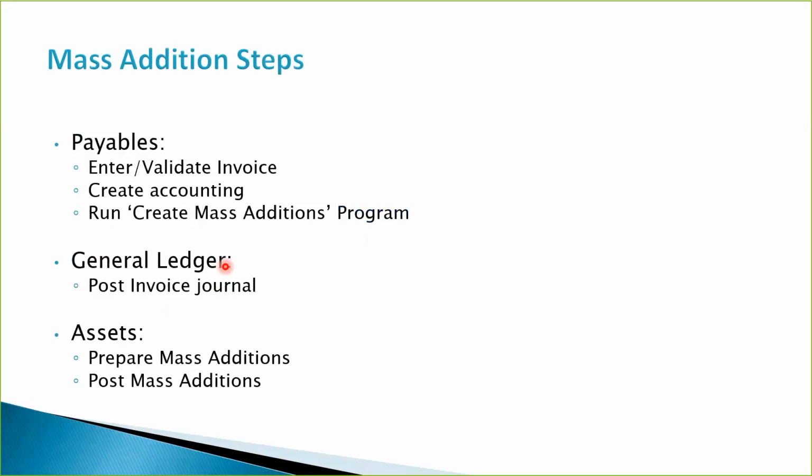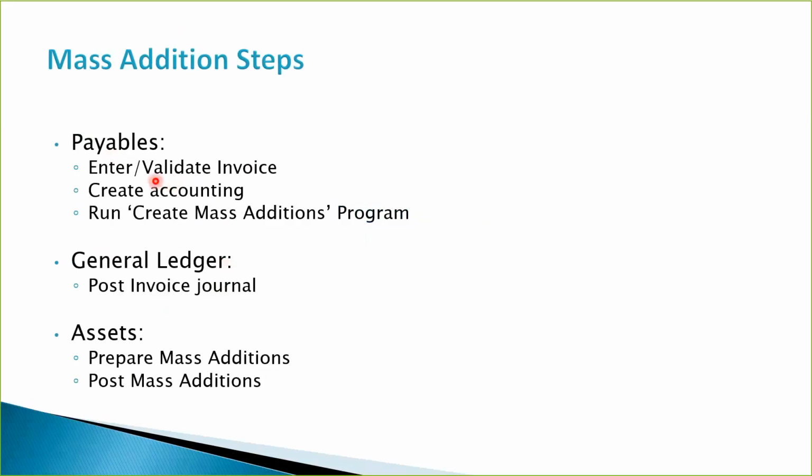So these are the steps we are going to follow to do our demonstration. We are going to start in payables, where we are going to enter an invoice. We're going to enter and validate the invoice. After that, we are going to create accounting so that we can create journal entries and send them to GL. Then we are going to post that journal that has been created for this particular invoice. And then now we are going to go to assets, where we are going to,